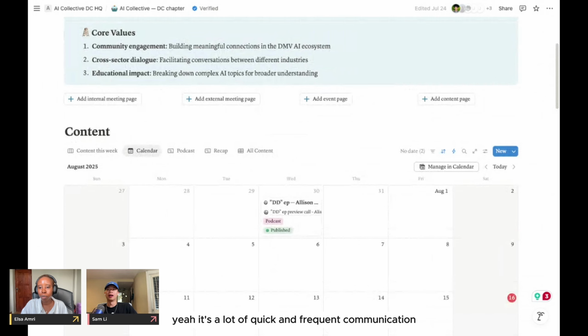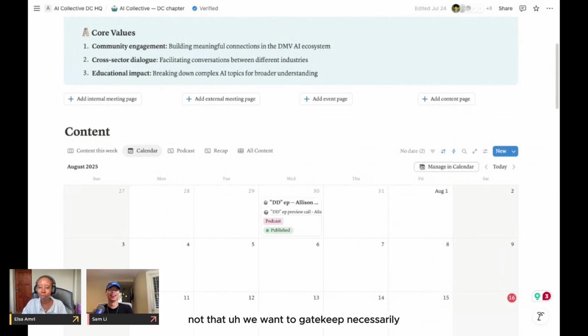Yeah, it's a lot of quick and frequent communication. We have a Slack channel, and we make sure that when people are editing, if they have any questions, they not only ask in the Slack channel, but also comment on the Notion page that they're working on. I will also say we set different permissions for certain people.